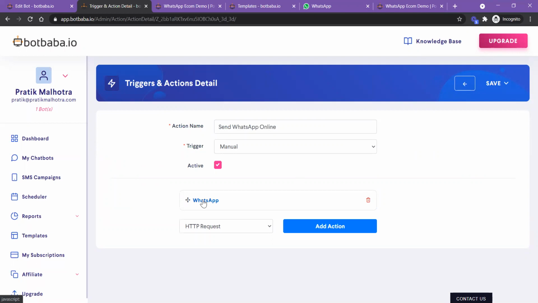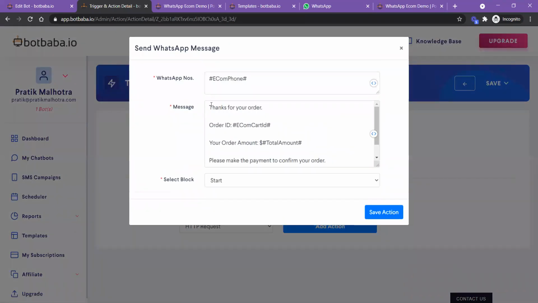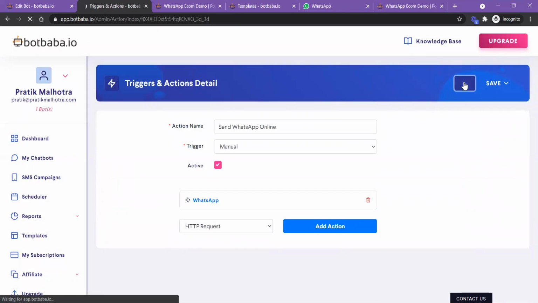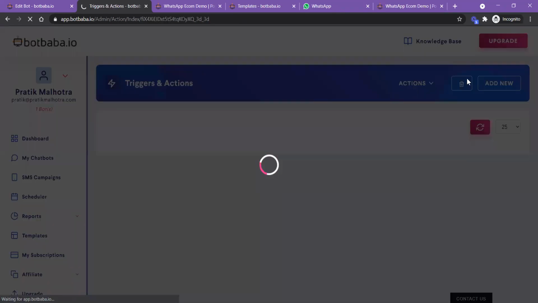I have selected WhatsApp, so here is where we can customize the message from. WhatsApp number is ecom phone. There is a variable. Please make the payment to confirm your order. Thanks for your order. So this is the basic setup of an ecom bot.